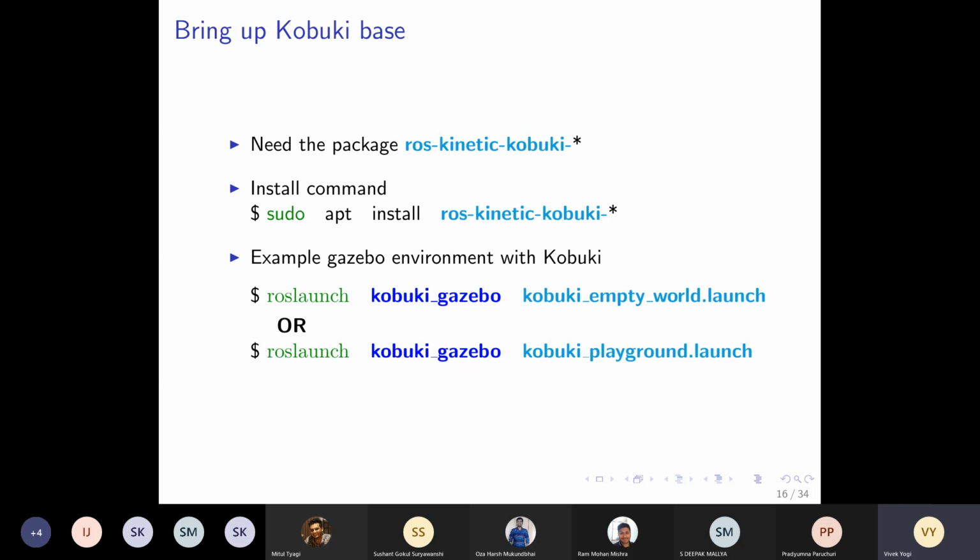Most likely yes, but I cannot recall it 100%. In my course, two options are showing, Kobuki Gazebo and Kobuki Gazebo plugins. So it is not there. You need to run this install command. Once you do this, you will be able to see. Okay, right. Sure, sure.